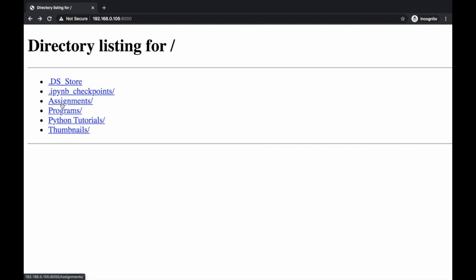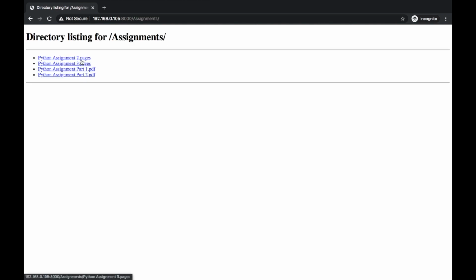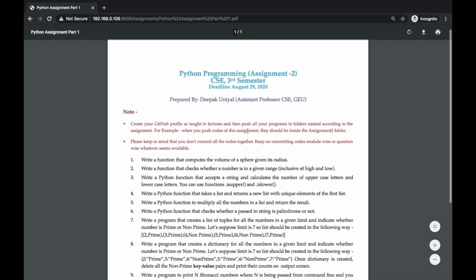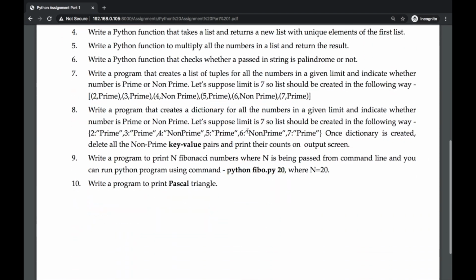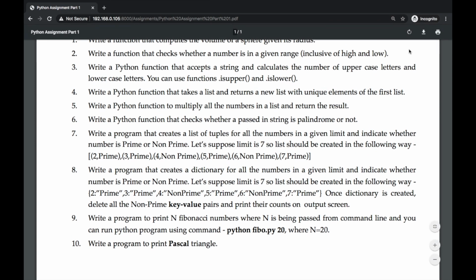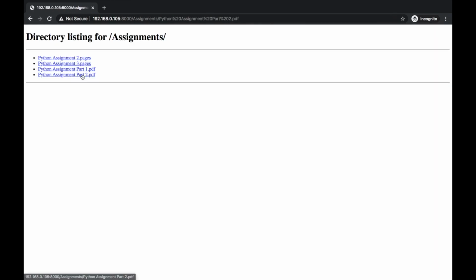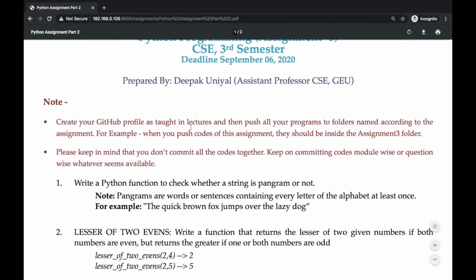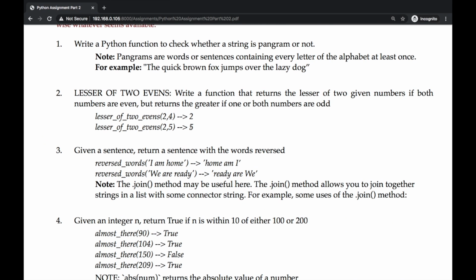So you can click on any of them, and now we have 4 files here. Click any one of them, and it will either open the file or download it. So it has opened the file and it is a tutorial, so you can solve these questions. And if you want to download this, here is the download option, right? Similarly, the second tutorial, you can also solve this. Pause the video, see the questions.